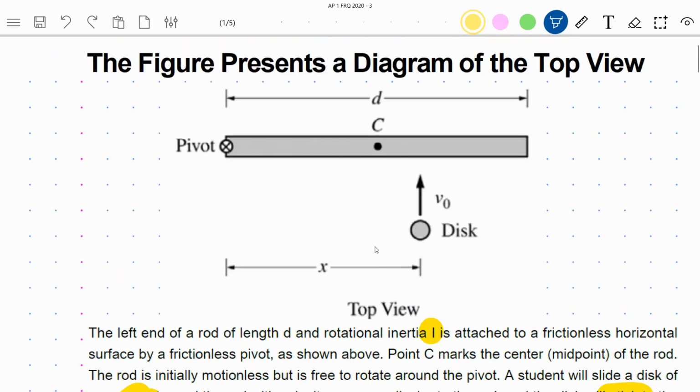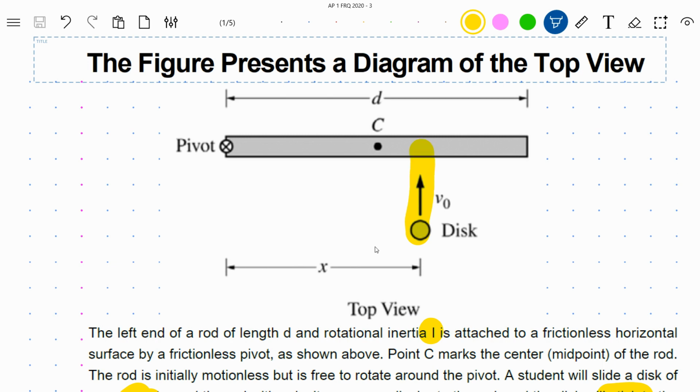Okay, so here's what's going to happen. That disk is going to come sliding in. It's going to impact the rod, which was stationary. It wasn't rotating. Upon impact, you can hopefully visualize quite nicely that with the disk sticking to the rod, certainly the two of them together will start to swing around that pivot point and rotate in the counterclockwise direction. This is best understood probably in terms of conservation of angular momentum,